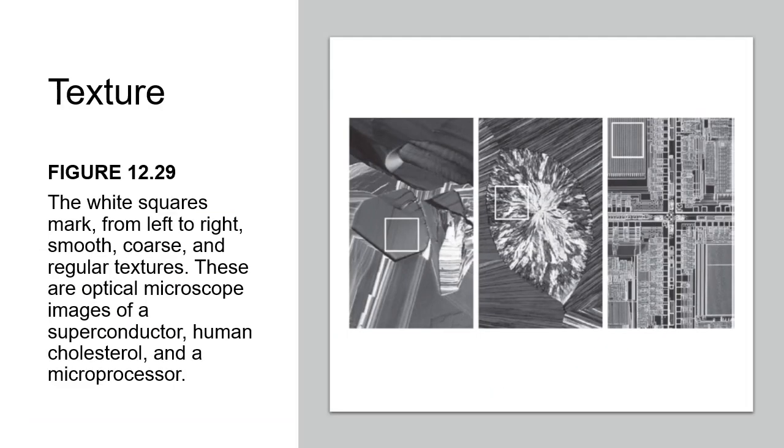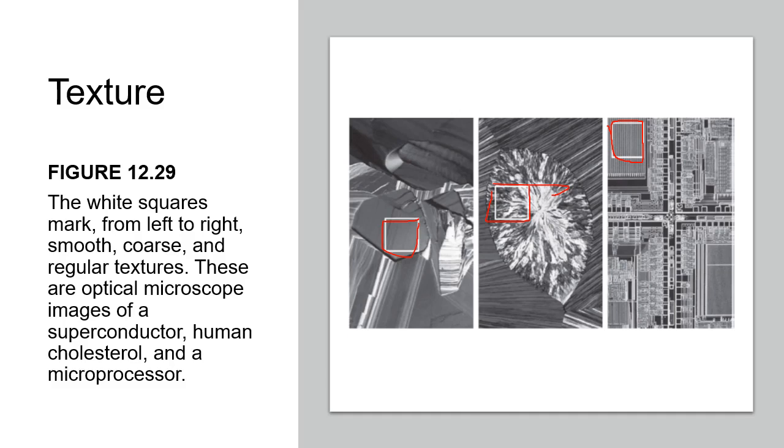Okay, now we could describe an object based also on the texture. Texture means we are looking at the characteristic of the surface of the object. Now let's suppose we represent each object by a rectangle. So the left object is represented by this rectangle area, the object in the middle is by this area, and the object on the right is represented by that area, which is